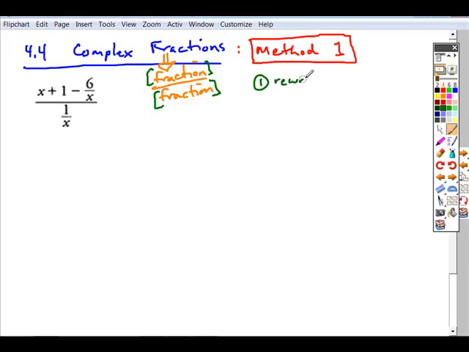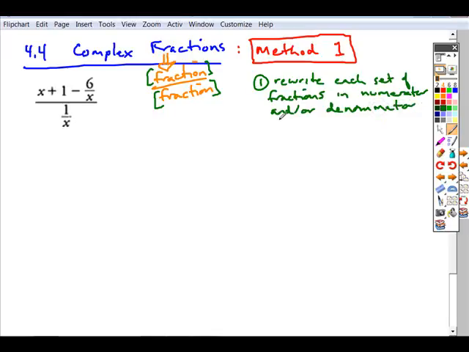So your first step is to rewrite each set of fractions in the numerator and or denominator, again depending where it occurs, as single fractions. And basically you're doing what we just did in the last section, which is you're going to add and